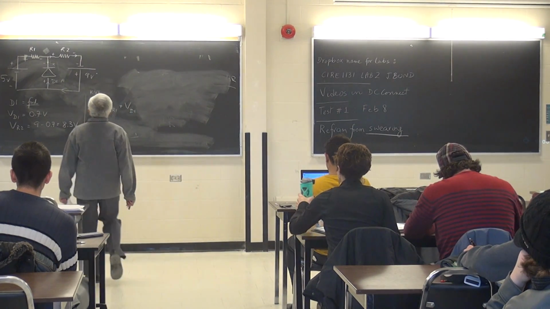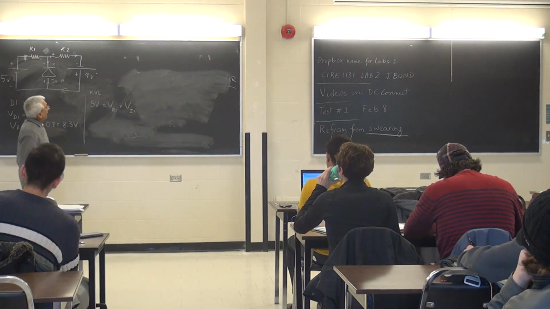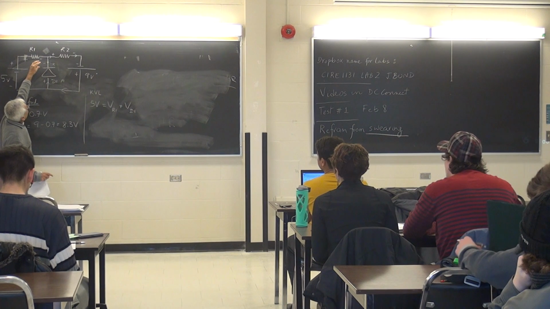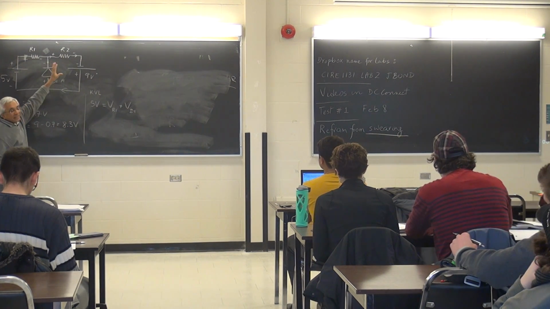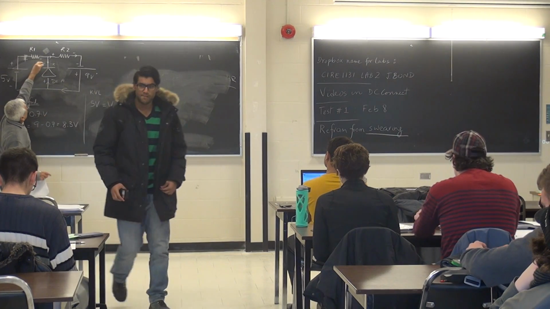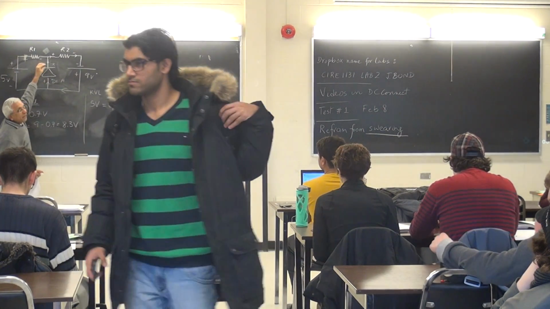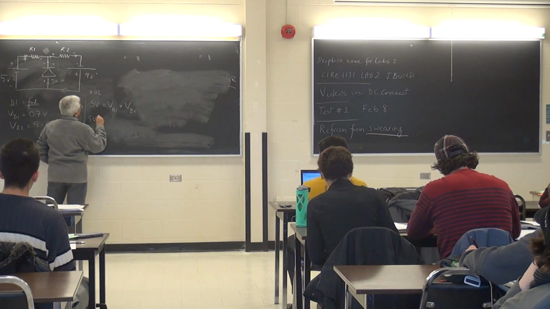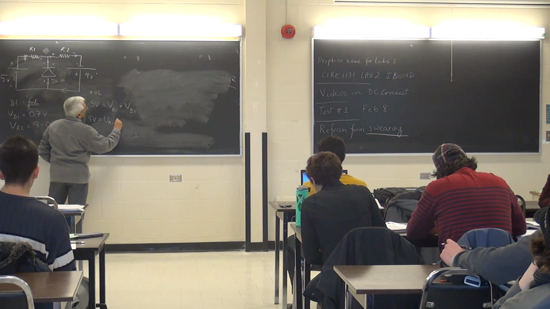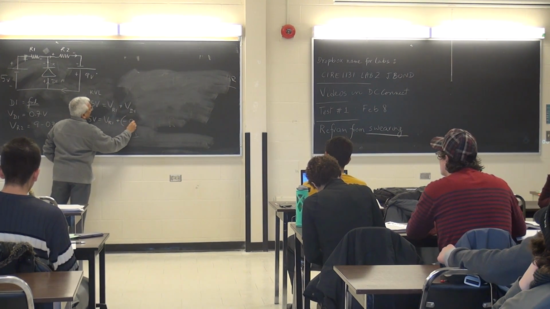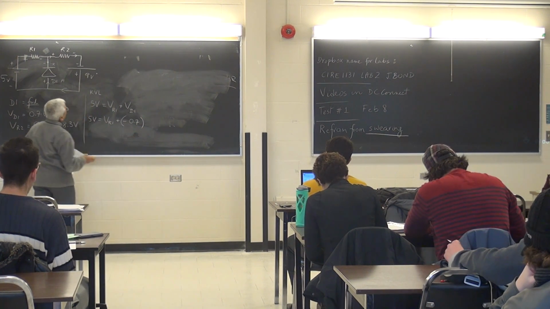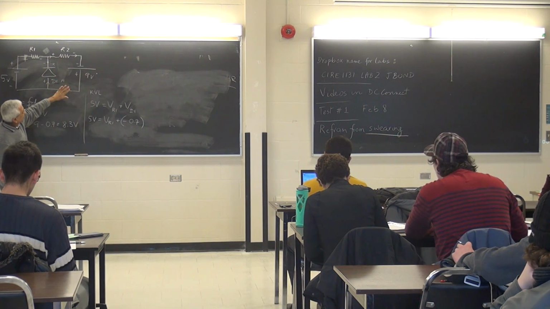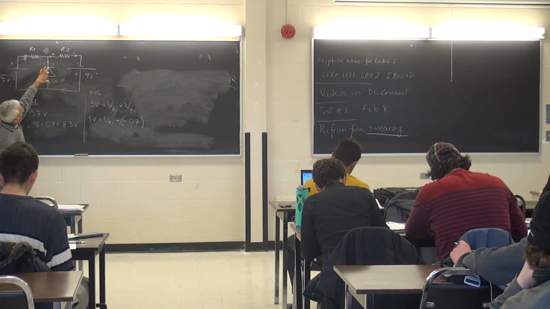So I know the voltage at D1. It's 0.7. But look at the polarity. This is plus minus. Normally a voltage here would be plus minus, but it happens to be minus plus. So this is the tricky part. So I've got 5 volts is equal to the voltage at R1 plus a minus 0.7. Okay? Why minus 0.7? Because of the effect of the right circuit causing a 0.7 volt drop here with